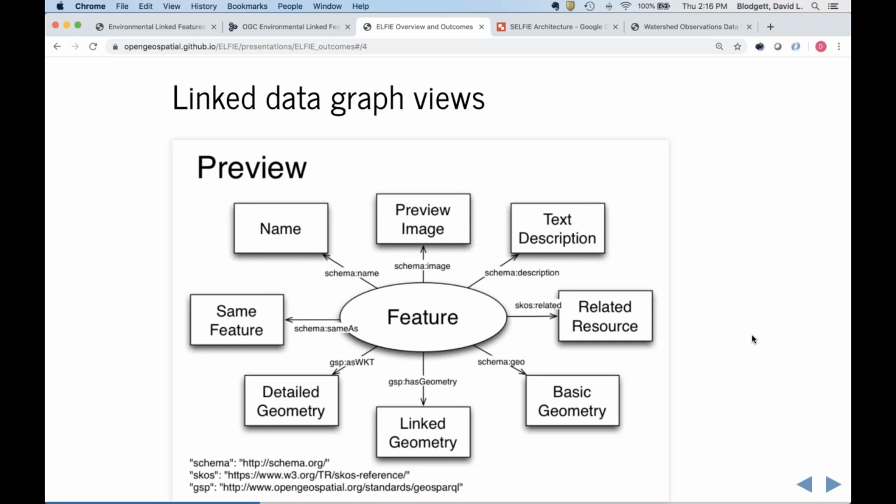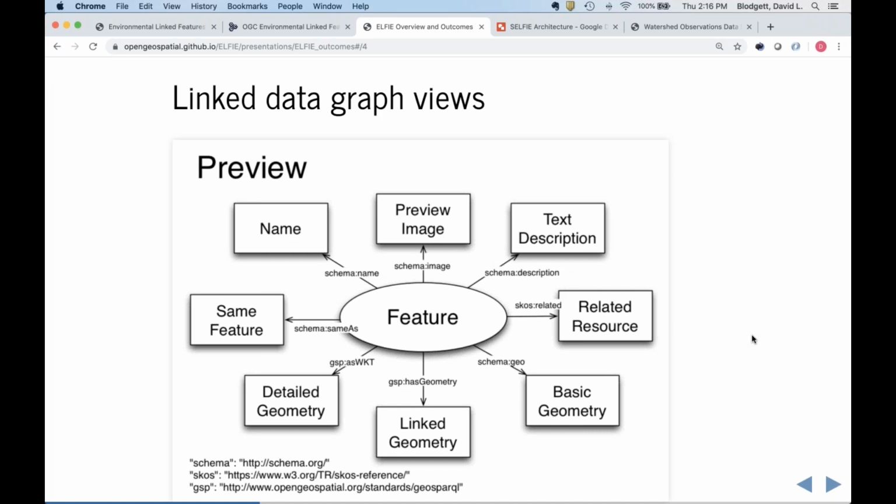Okay, so these next two slides are around the real meat and potatoes of what ELFIE was about. So you've got a feature in the world. You can think of the information about that feature using a variety of views of the knowledge graph that you might construct about the feature itself and the things that are related to it.